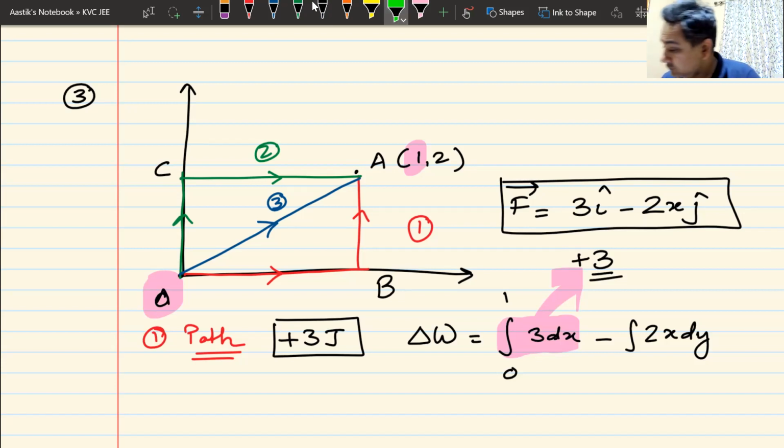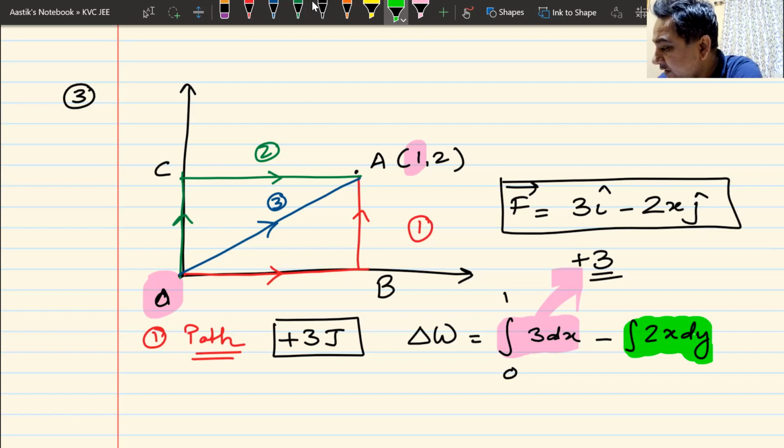Sir, as we are integrating with respect to y, the 2x becomes 0, sir. No, that is not the reason why it becomes 0. You cannot say that it is always going to be 0. We are integrating x with respect to y. I know, on one side we have x, the other is dy, but that does not mean that that integral will come as 0 always. Sometimes it may come to 0, sometimes it may not. So now the task is to find out the value of this integral. How do I do it?